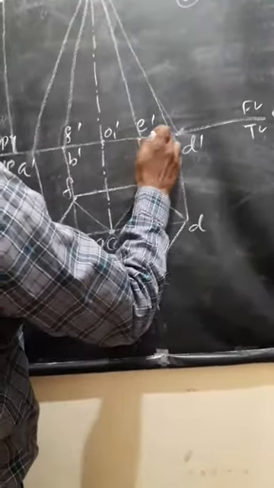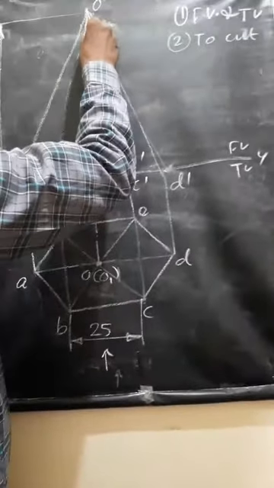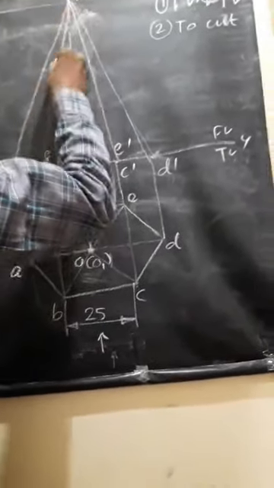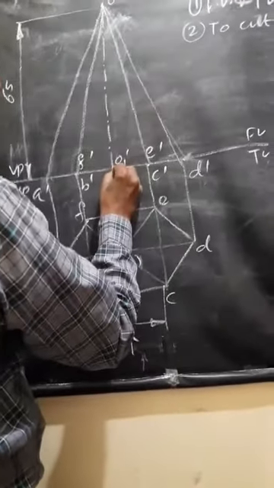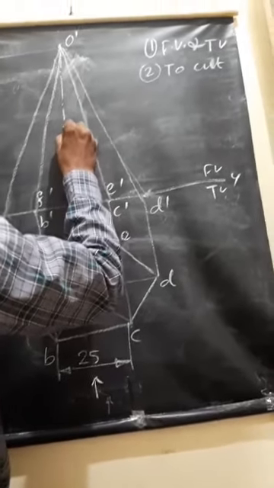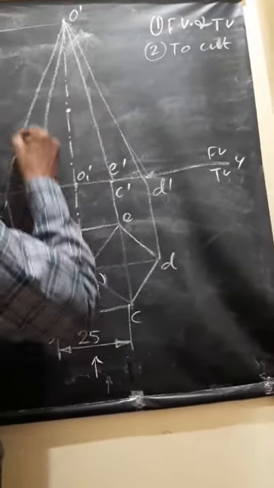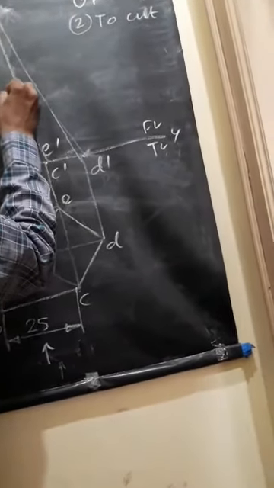So this is the base. Always you have to mark the point on the axis. You should not mark on the slant edges. Always you should mark the point on the axis. It is from the base. It is above the base. From here you have to mark a 30 mm distance, and through that you draw a section plane. So it is cutting the axis.